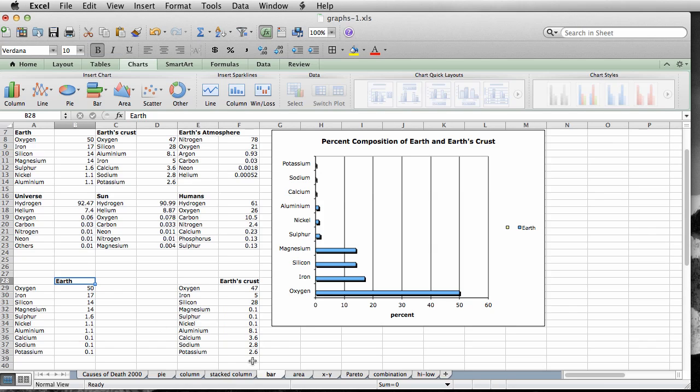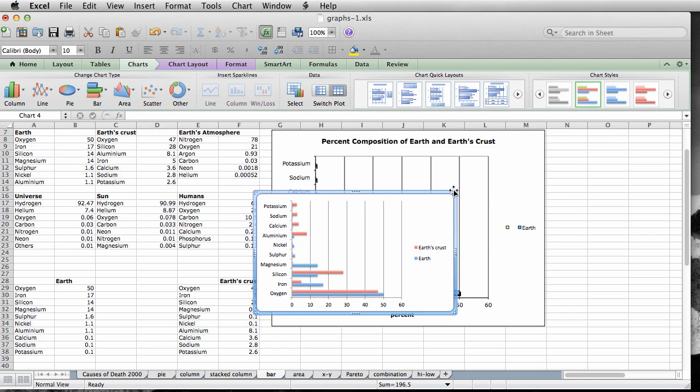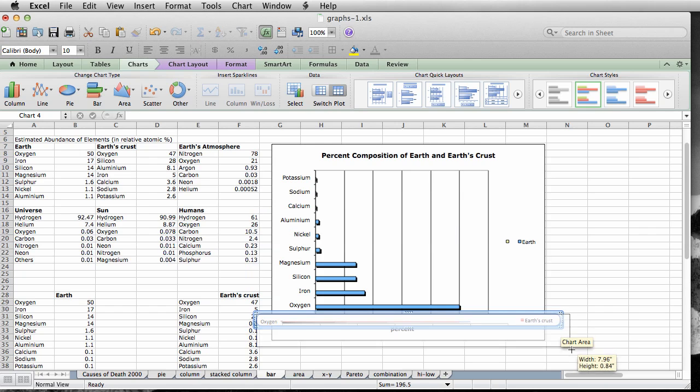Well, it's actually fairly easy. You select the column that you're interested in. In this case, I'll select it with the element names and so forth in place. And then by holding down the Command key on the Mac, and it'll be the Control key generally on the PC, we're actually highlighting two things that are not next to each other. So it allows you to do comparisons where they're not right adjacent to one another. Let's go ahead and choose the bar diagram. And we can use a clustered bar because now we're clustering them based upon comparing the two of the same things. So here's the chart,